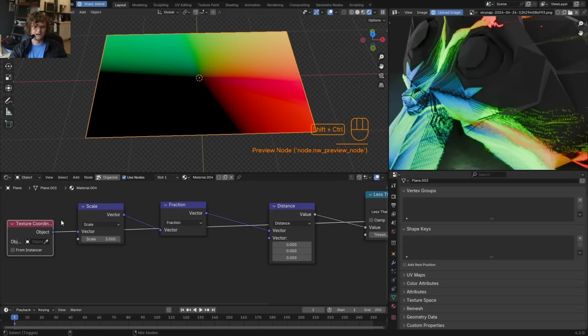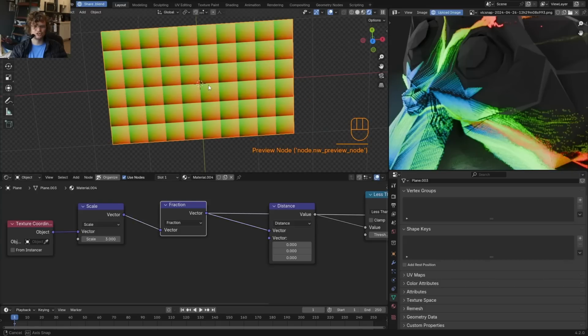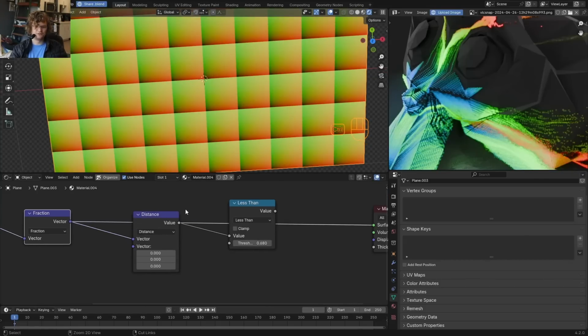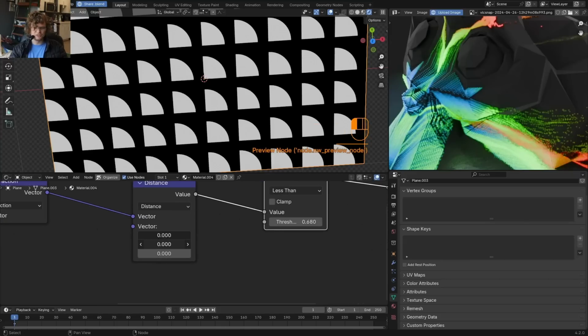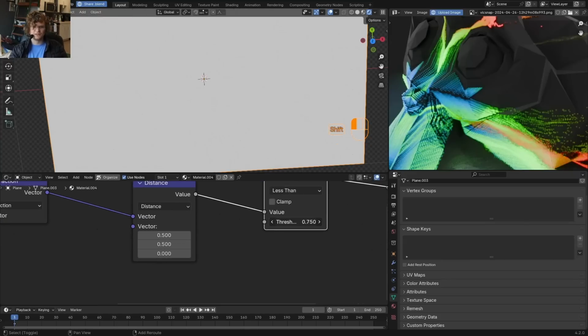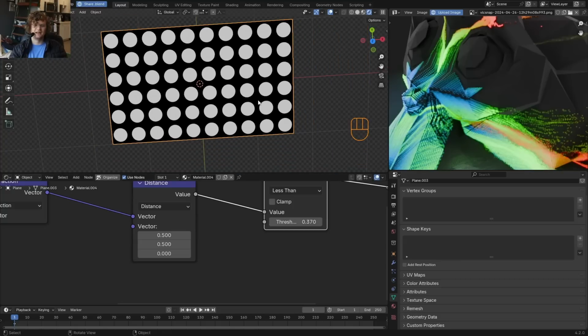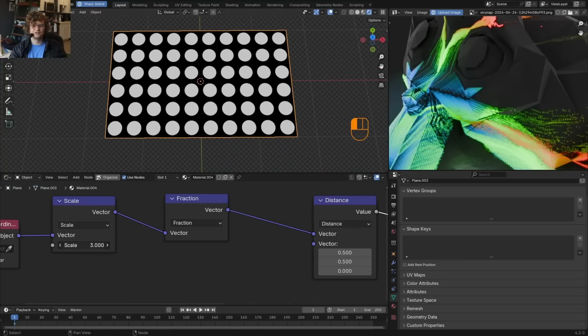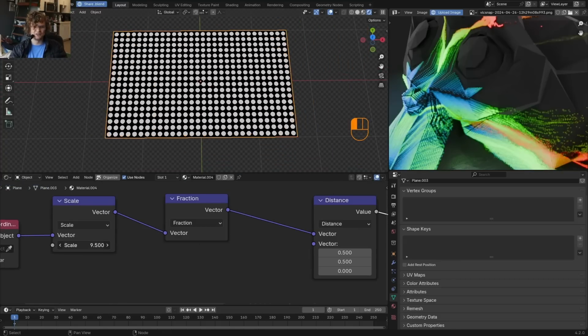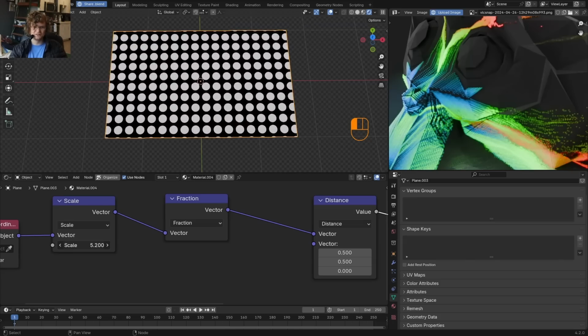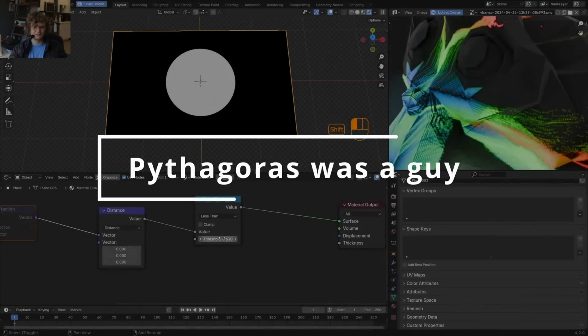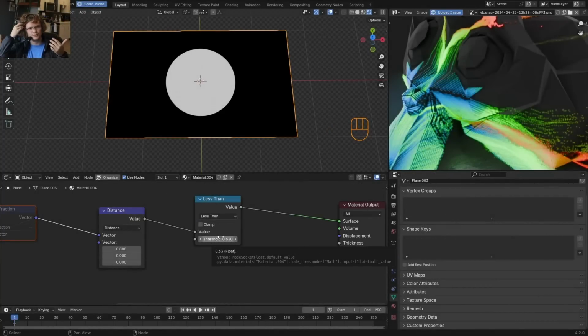So first of all, I had my object coordinates, then I scaled them, and then with fraction, I've literally repeated the coordinate space. In this case, we now want to center by 0.5. That's a unique case to this one. So I'm just going to center by 0.5. And then just change this number over here. And now we have this grading where with a single number, I can change the density of this and tile basically anything. I made a circle using a very simple function,